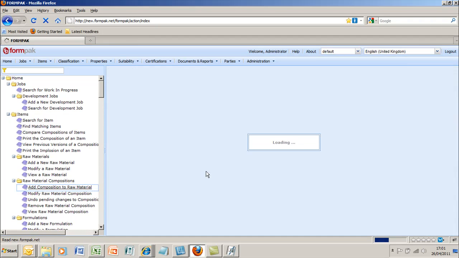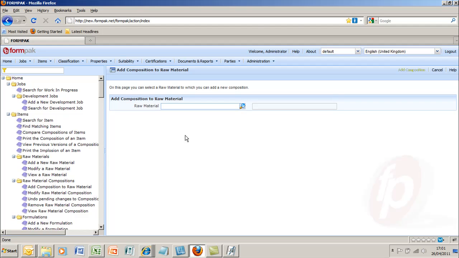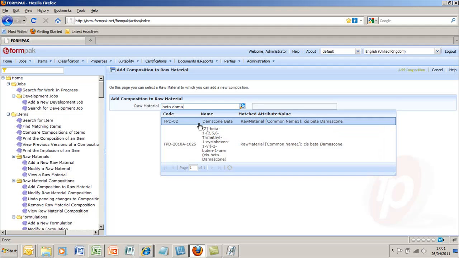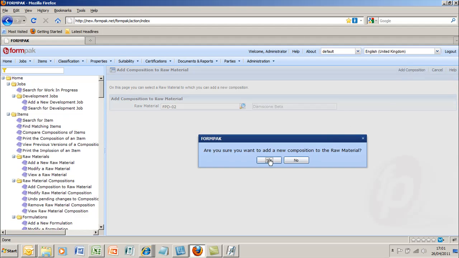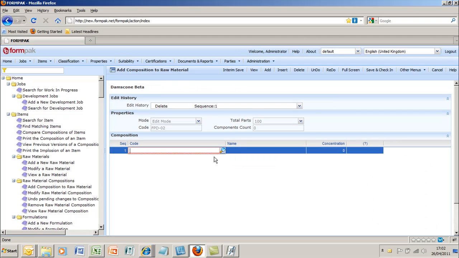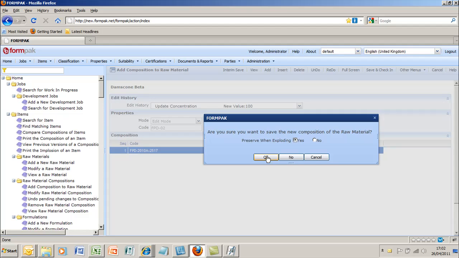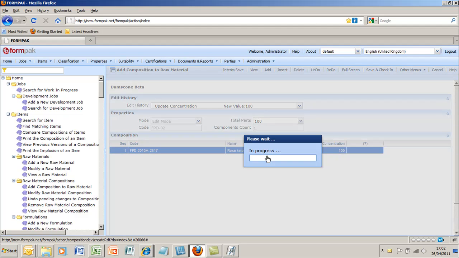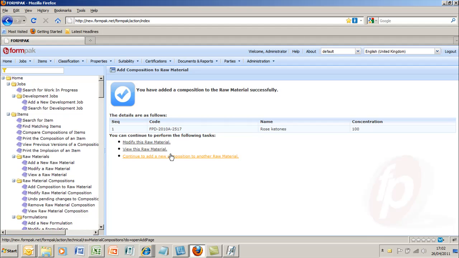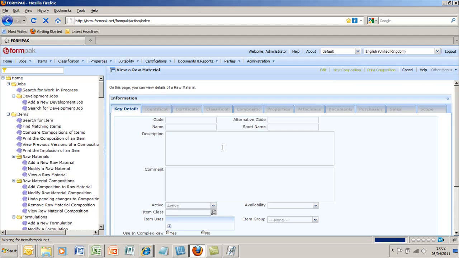So let's continue and add the composition to the beta Damascene. And we do this in the usual way by finding the raw material to which we want to add a composition, selecting add and confirm, and then now we're in the composition design tool, I'm going to locate the rose ketone material that I want to add and reflect that it's 100% of the Damascene beta. And of course press preserve when exploding in order that this material, the beta Damascene, is considered both to be beta Damascene and have 100% rose ketones, which takes account of the IFRA hazards as well as the EC and GHS hazards. And I save and check in as normal,